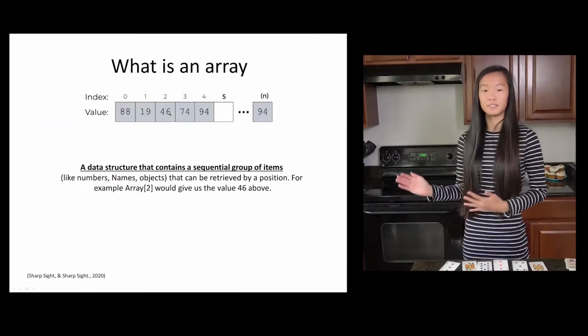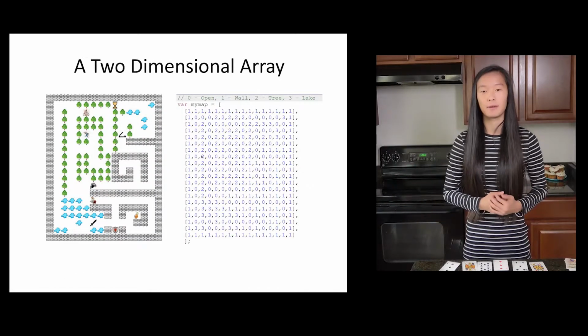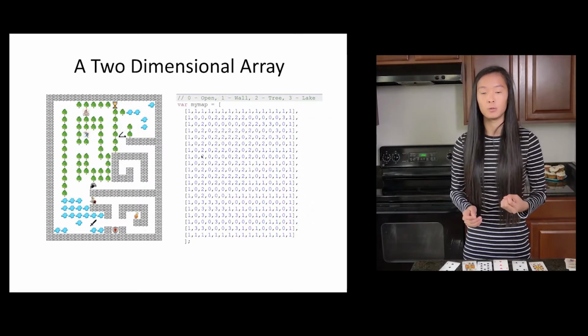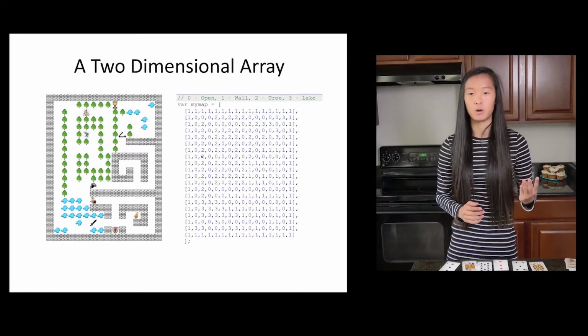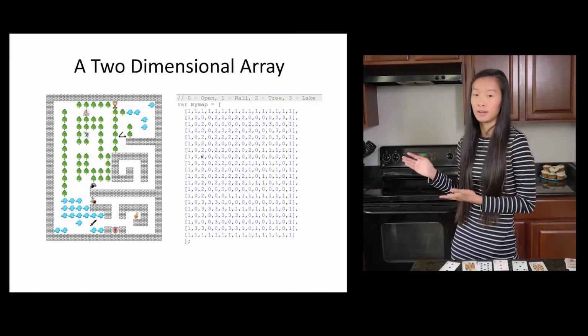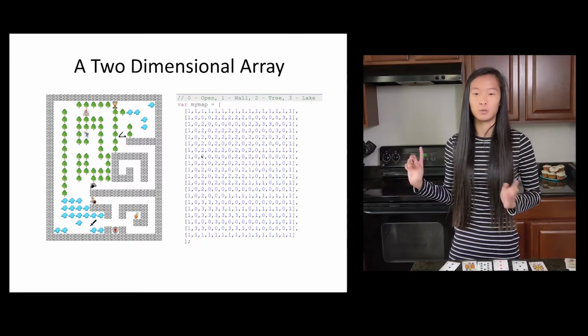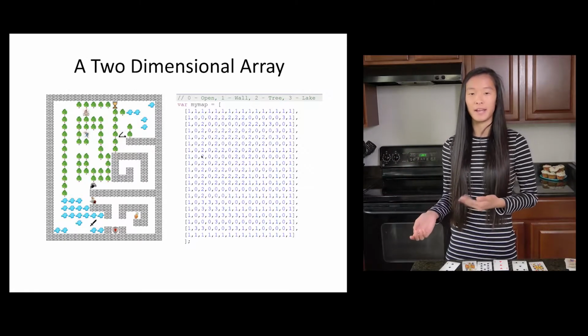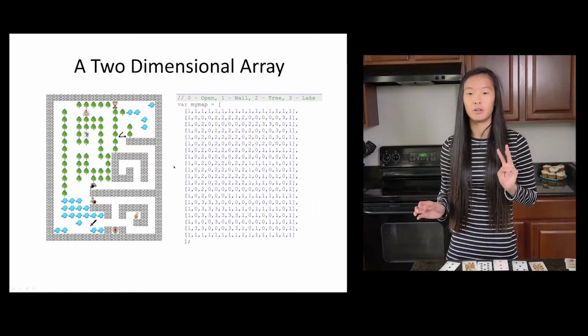On this next slide here is a two-dimensional array that I created for a project a while back. It's being used to map out an adventure game where 0 equals open space, 1 equals a wall, 2 is a tree, and 3 is water. This is the exact replica of the map, but it's being used to lay out objects and treasures. Notice it's 1-to-1. Now, looking back at the Minecraft world, the whole thing is set up on a three-dimensional array,